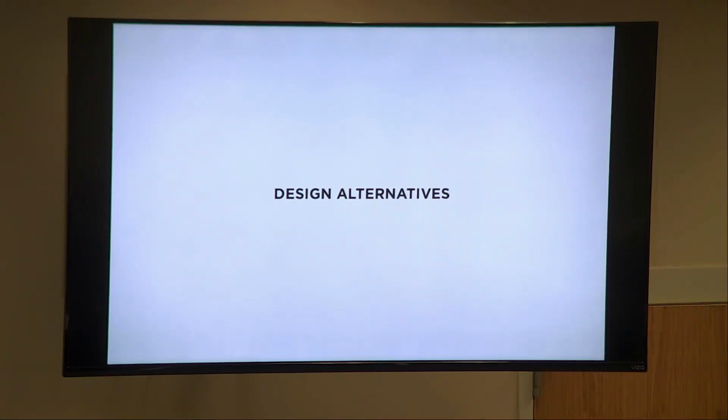Next. All right, so those are the site research, the feedback, the goals and precedents that we had in mind. Now going to show design alternatives. We've got two options to show you. Each one also has a couple options in it to show you the flexibility in the framework of each plan, and that we are not locked into anything that we're showing tonight. These are the first ideas, and there's a lot of flexibility. So without further ado,